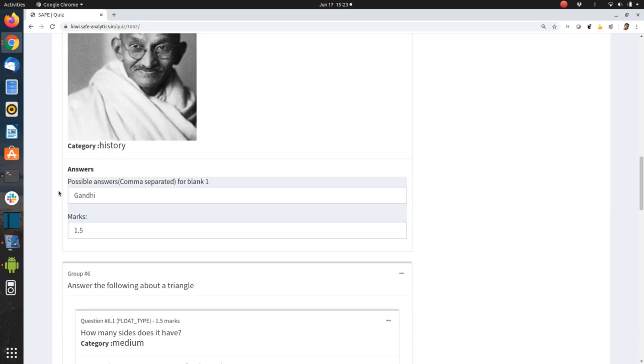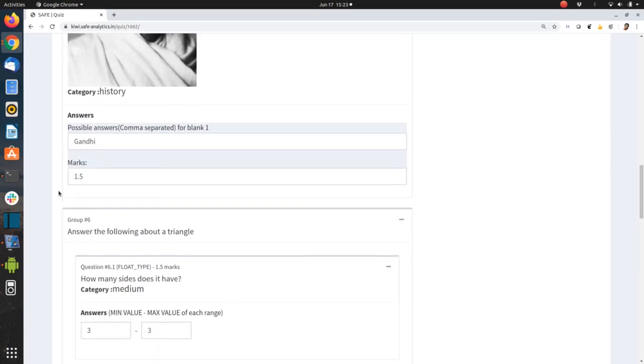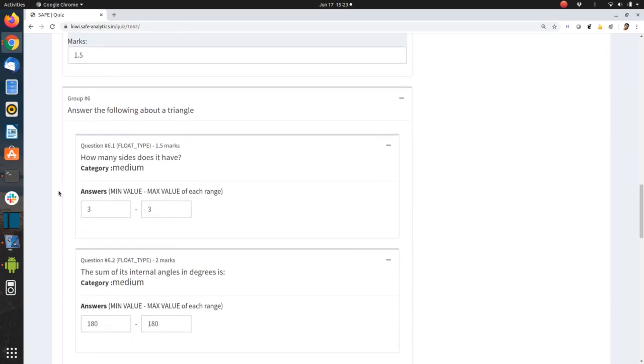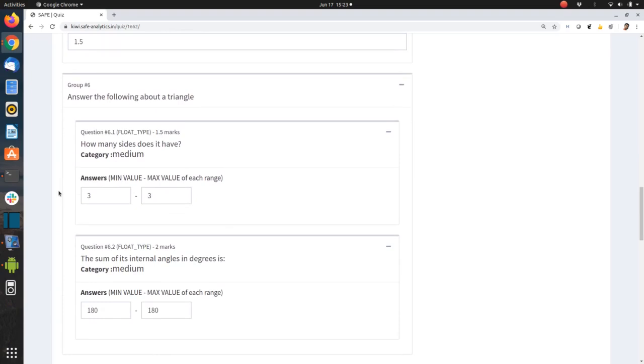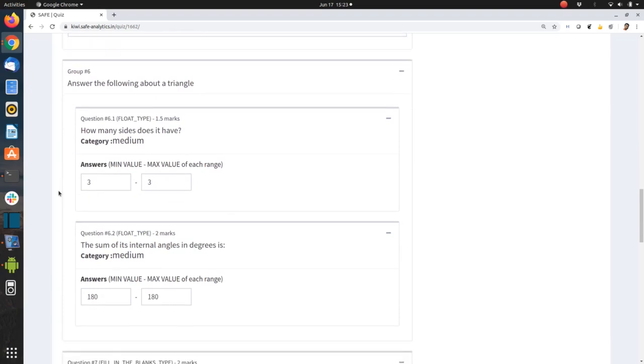The next feature in this context is not actually a new question type, but a feature of question group. To explain this, recall that in the quiz settings, we have the feature of randomizing question order. So sometimes in a question paper, you want a set of questions to appear as a group, even with randomization. So for that, you can use this question group feature.